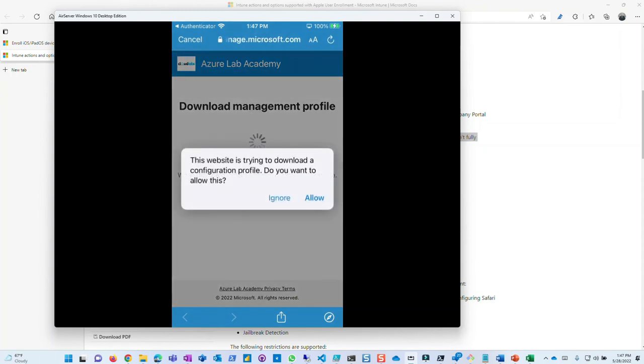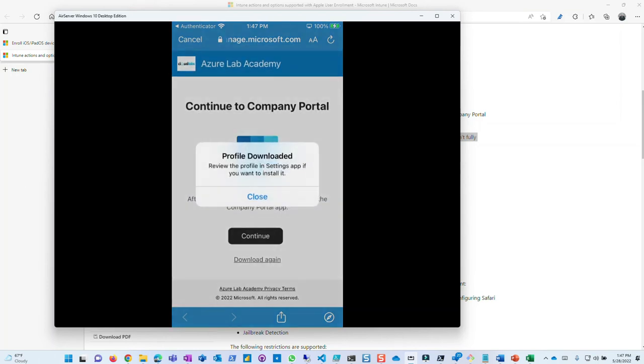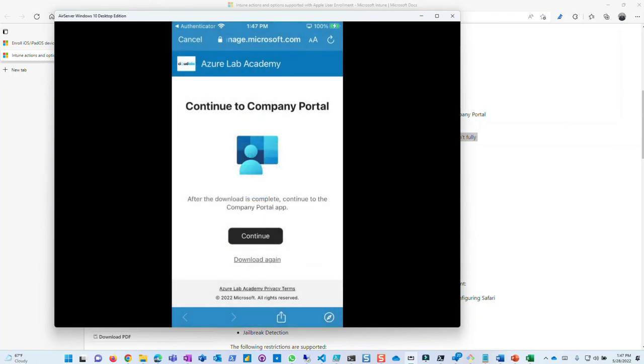The website is trying to download a configuration profile. Do you want to allow this? Yes, I want to allow this. So it says profile downloaded. Profile downloaded, and now after the download is complete, continue the company portal app. So when you hit continue,